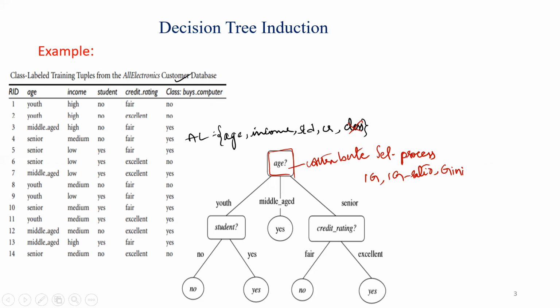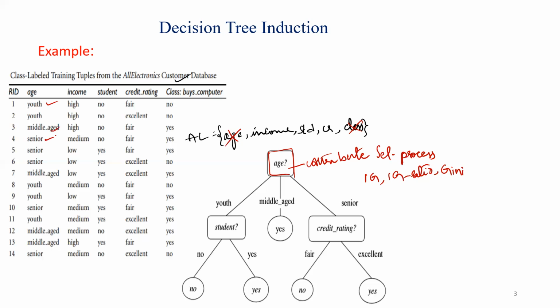After selecting one attribute as a node, here in this context we are selecting age as the root attribute, so we can remove that from the list of attributes. Next, once the particular attribute is selected, we need to observe the number of values of that attribute. How many types of values are there? Three values are there for the attribute age: youth, middle age, and senior. Three types of values are there.